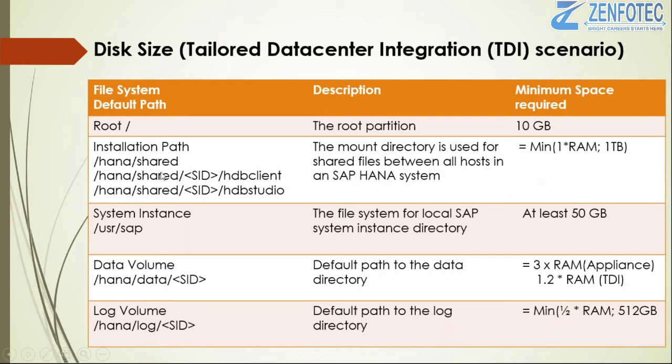What is the required memory? What is the required size for this file system, HANA shared? It should be minimum 1 x RAM, comma, 1 TB. So whatever the minimum is, you have to consider that. For example,